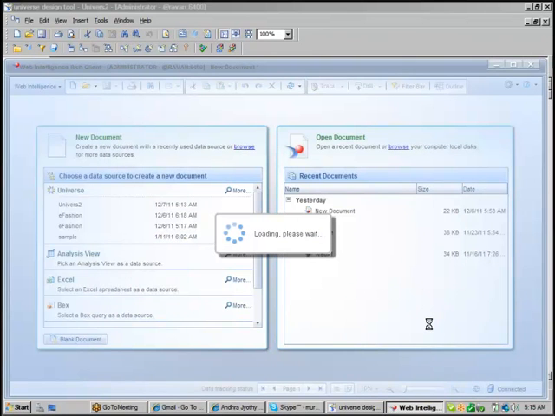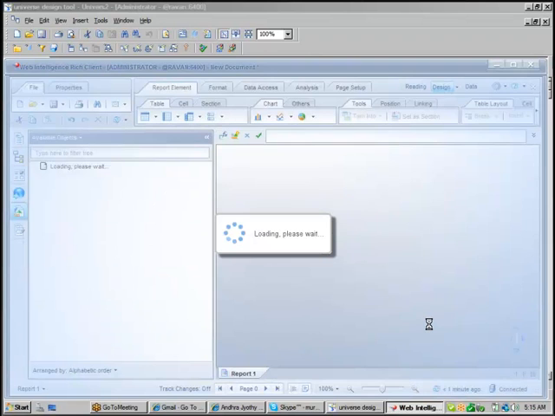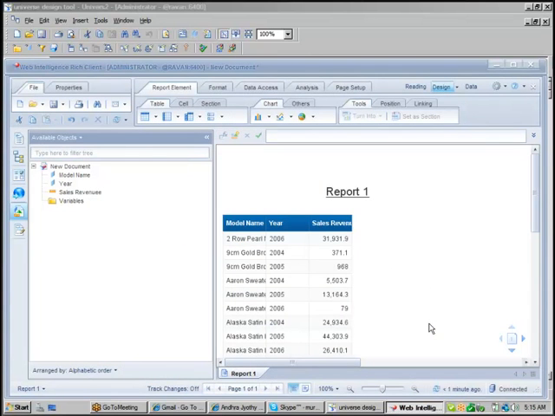That means you created the query with a dynamic filter called a prompt, and when the user clicks on refresh, it asks to enter the value for the model name, so that the user can enter that particular model name and see the data.